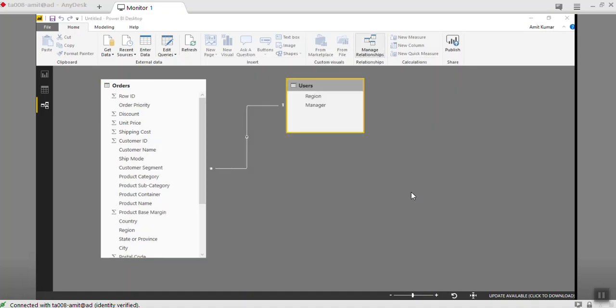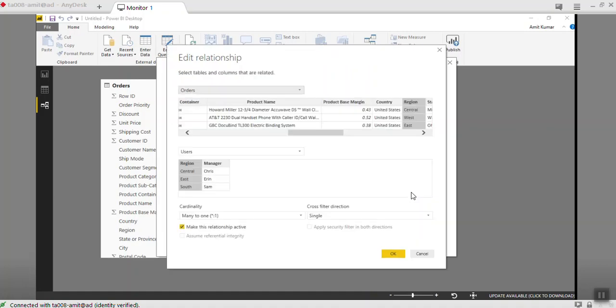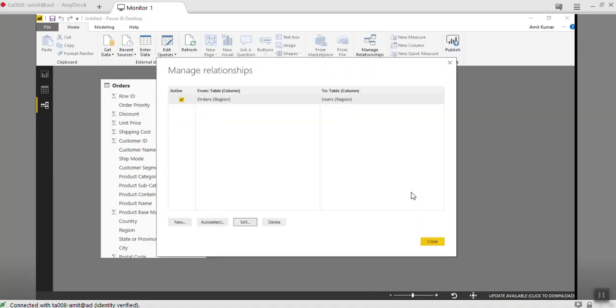The top, okay. This is the managed relationship option. You can check, and you can edit the relationship if it is not correct. It is joined on the region. This is many to one because it is like a transaction table and it is like a master. So there are many transactions corresponding to one particular region, and there are unique definitions of region managers based on regions basically. You click OK and you got it.